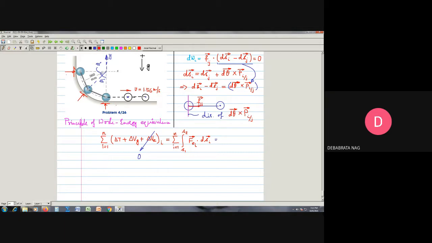So the friction forces basically will do some work. So we can say this is the sum of work done by the friction forces. And since the work done by the friction forces is considered to be loss, I can rewrite this equation in the form,